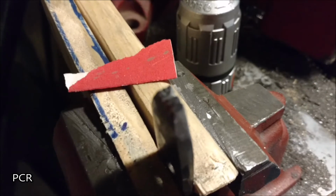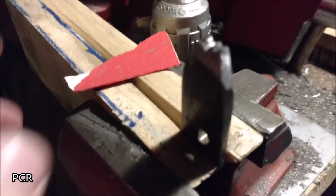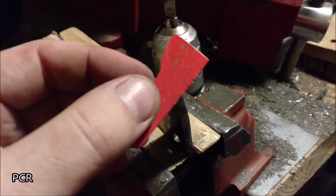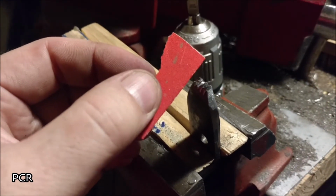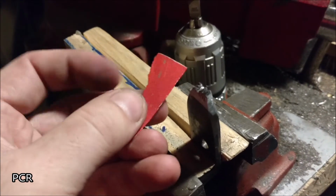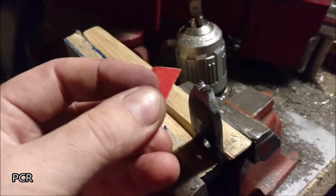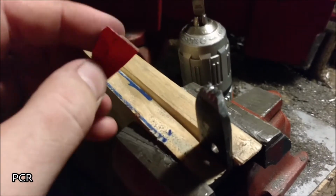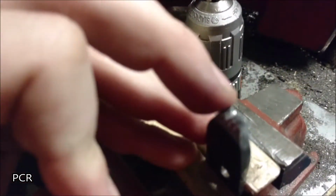Alright, I've cleaned it up a whole lot. Of course it doesn't want to focus again. But the point to this part is to show you taking a piece of sandpaper and fold it in half. Usually wet sandpaper, the wet dry stuff, the black stuff, will get even finer. You can run it right down the middle of this, and then like that C,